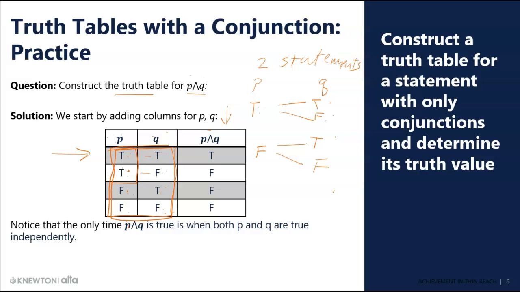If we don't set up our inputs the same, we have to compare them a row at a time instead of just looking at the whole column. So you're going to set up every two-statement truth table in this pattern. True, true, false, false on the leftmost, then true, false, true, false. Now, where do we get these values? Well,